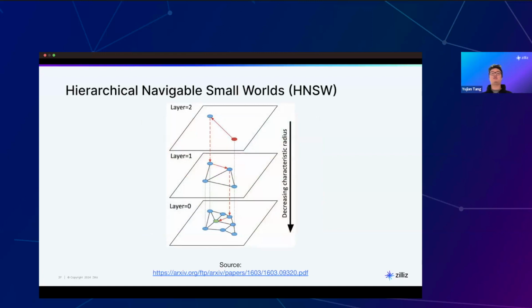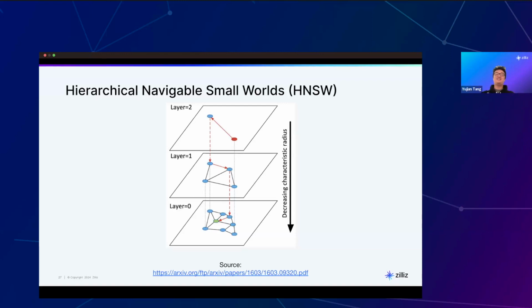Next, we have hierarchical navigable small worlds, HNSW. HNSW is a graph algorithm. Essentially, you build a graph at build time, and then at search time, you search through pieces of the graph. HNSW uses something called an exploratory factor, which is basically a cutoff for a uniform random variable. So if I were to use a uniform random variable of 0.9, then at insertion time, at build time, every single